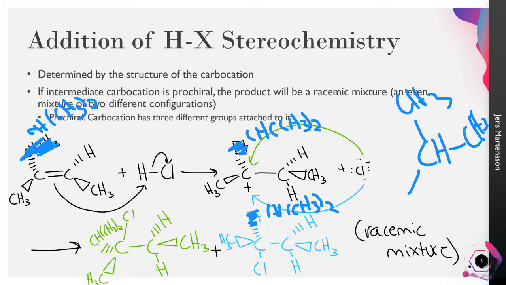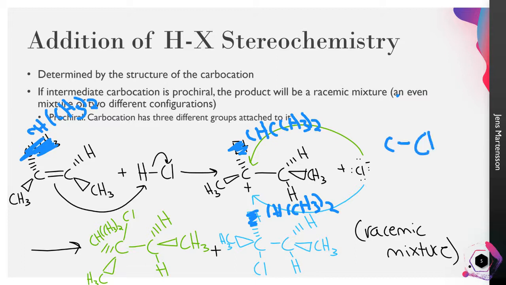When you have a racemic mixture, you can, let me get an eraser. Because you won't always know what's in the front and in the back with the substrate, so you can't tell what's where. But even if you don't have the wedges and the dotted lines, if there are still 3 groups attached to the carbocation, then it's still prochiral and it'll still be racemic. But instead of doing all this line and wedge stuff, you can just do